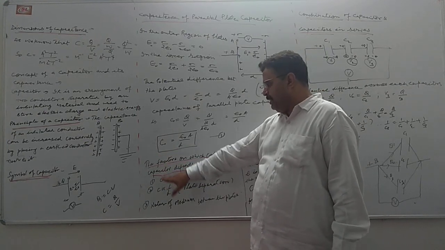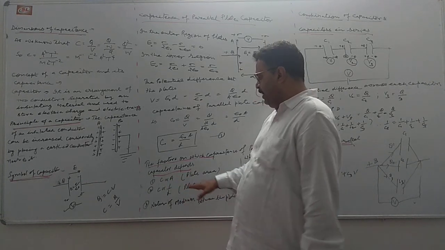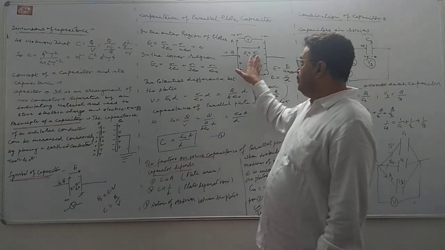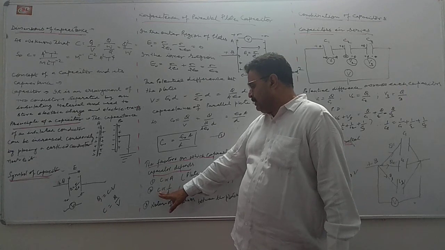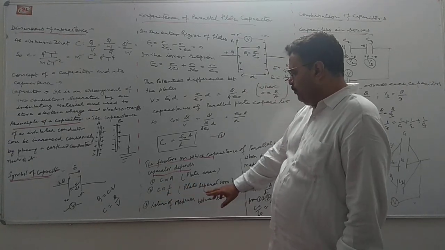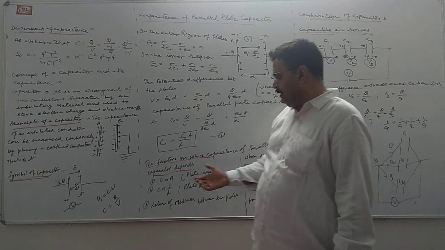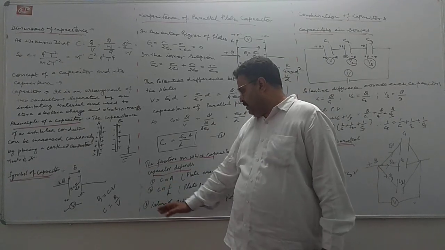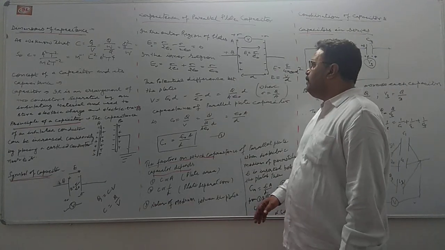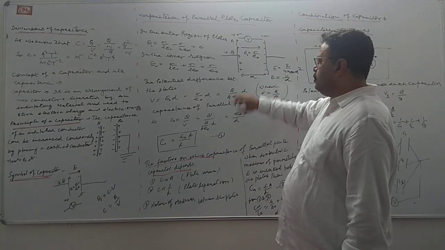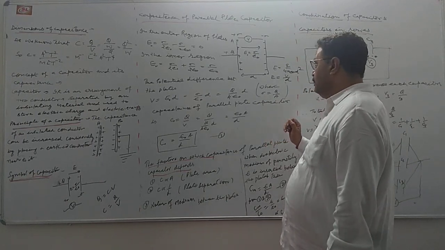First of all, you can see the capacitance depends on the plate area. C is proportional to A. As we increase the plate area, the capacitance of this parallel plate capacitor increases. Second, the capacitance C is proportional to 1 upon d, the plate separation. If we increase the plate separation, its capacitance decreases. And the third one is the nature of the medium between the two parallel plates. So the capacitance also depends on the nature of the medium inserted between these two parallel plates.